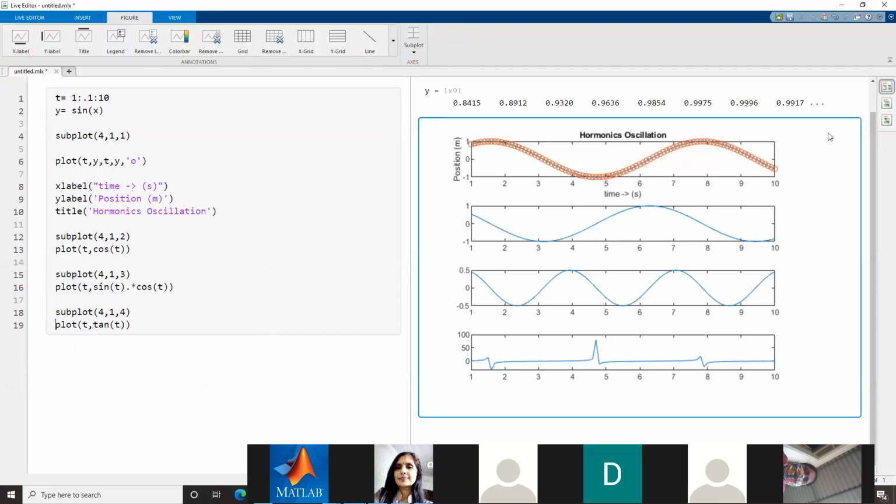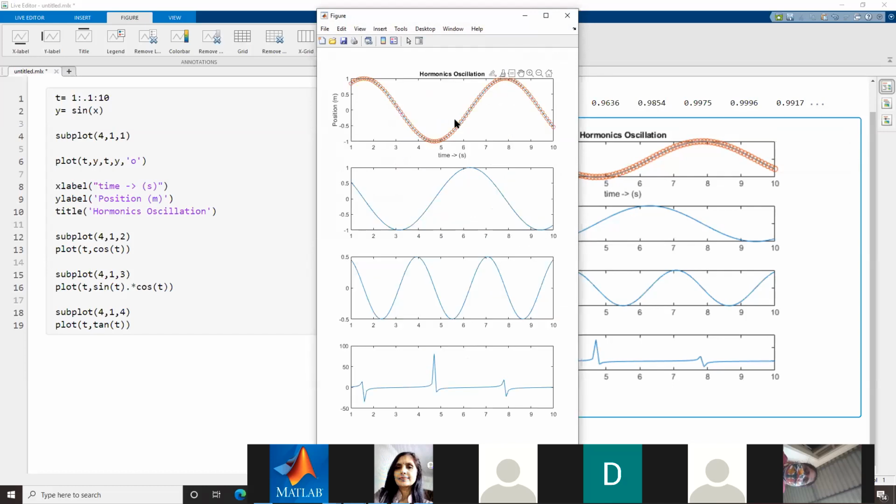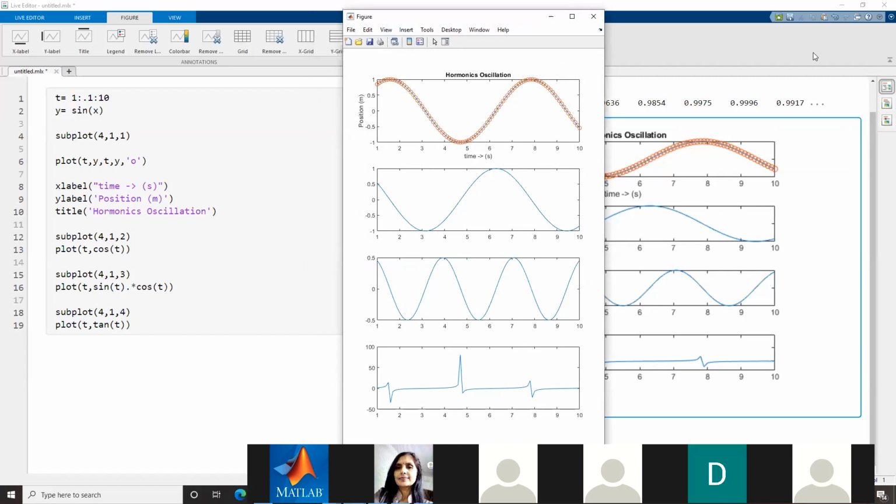Okay, so here if I take this graph paper out, you can see a pretty good comparison over the entire function. The first one is the sine, the other one is your cos, then the multiplication of sine and cos, and the last one is the tan. In the first part only I have described the title and the position and the time, but in the others also I can do the same, giving information about what each graph is actually showing. The same code will be applied, you just have to change the title names if you want. So I hope there is no problem with the subplot.